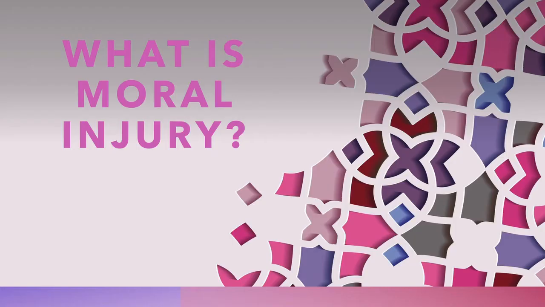So we've talked a little about moral injury and how our understanding of this impacted as we were developing the model. But what is moral injury, and how is the reflective connections model influenced by it?